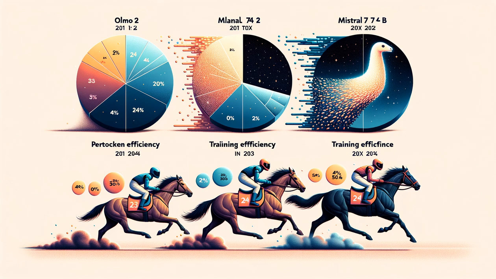Per token capabilities. The right way to look at models in 2024 is per token training efficiency. OLMo edges out Llama 2 by training on about 20% more tokens, 2.5T versus 2T. It's rumored that Mistral 7B is trained on 24x as many tokens as Llama 2, so we don't compare too much to it. Pythia is trained on 50% of the tokens of Llama and OLMo.